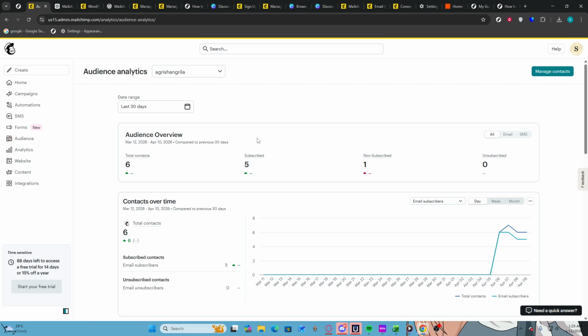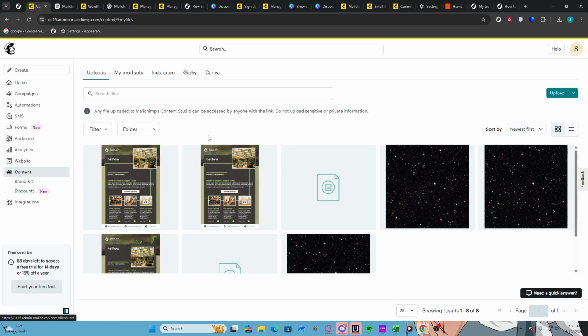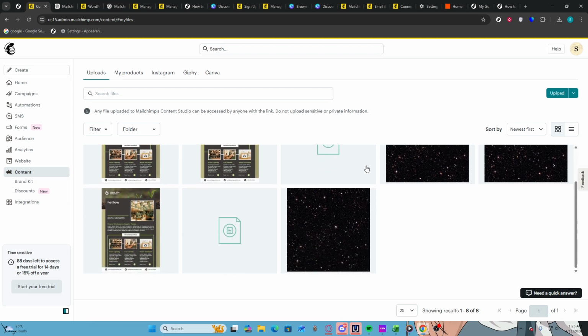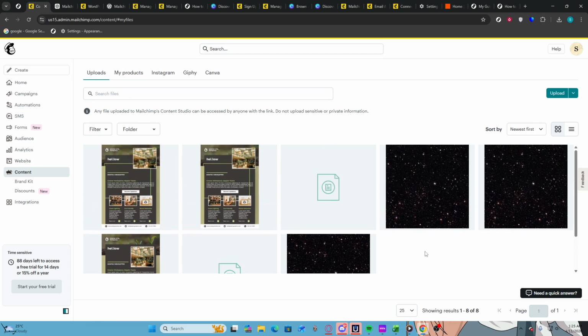Next, locate the content section on the dashboard. This is usually found in the main navigation menu. Click on Content to access the Content Studio where you can manage your images and files. After accessing the Content Studio, you will see a library of your uploaded files. Keep in mind that any file uploaded here can be accessed by anyone with the link, so avoid uploading sensitive